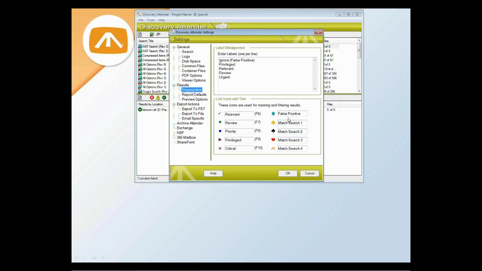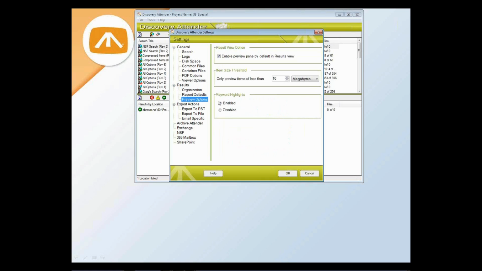Okay. Under organization, I'd like you to notice that we've added new marks. Again, you can use these for helping you filter items or identify them within different views. We also have these preview options. Now, the preview is enabled by default. You're going to see this in the results view. It's a preview window that's based on our text viewer, and you're going to be able to see the different